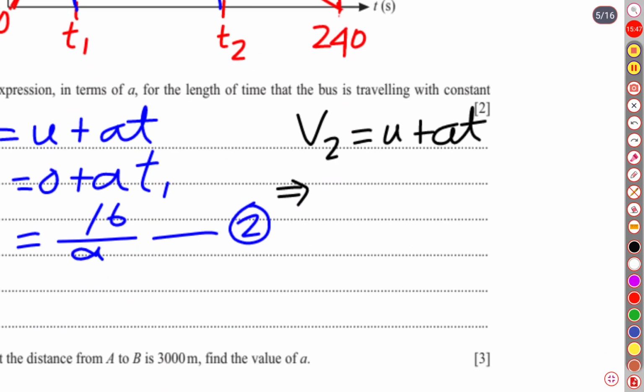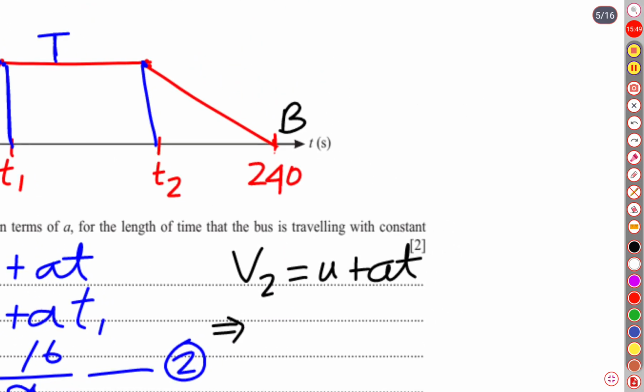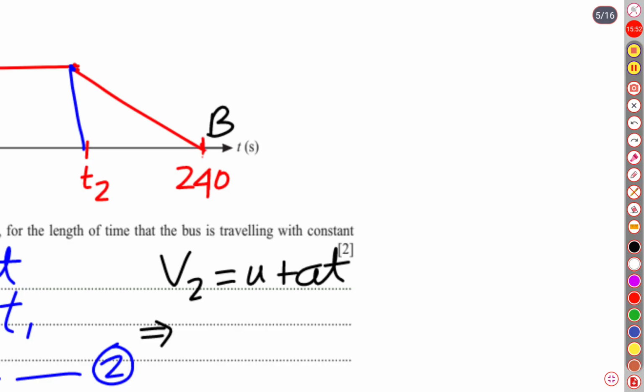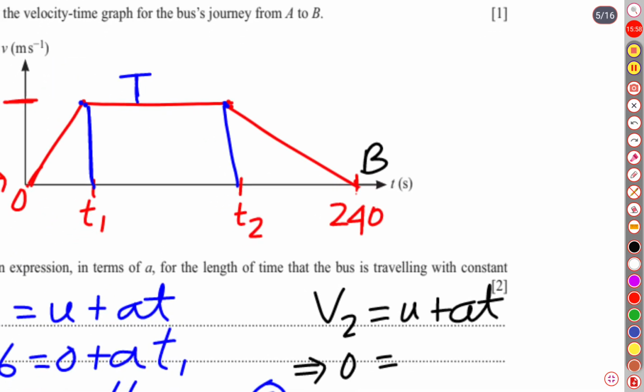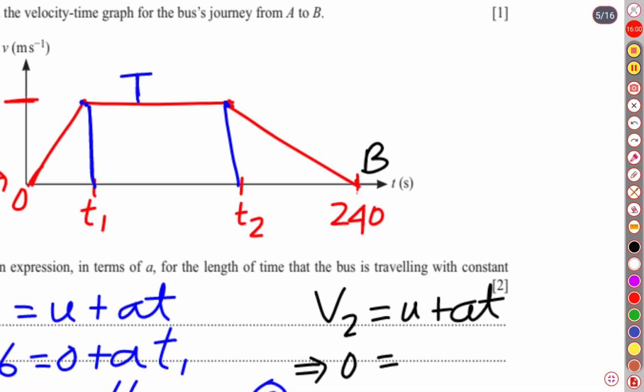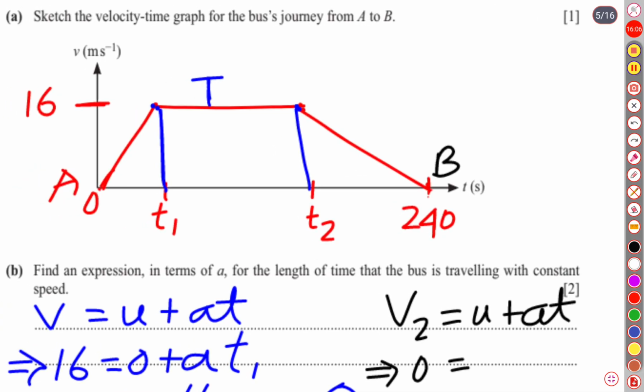So final velocity is 0, equal to initial velocity. Let's see what was the initial velocity for the third phase of the journey. Initial velocity was 16. Look, it was here, this is 16. At this point, 16, then plus, but instead of plus we will use a negative symbol,